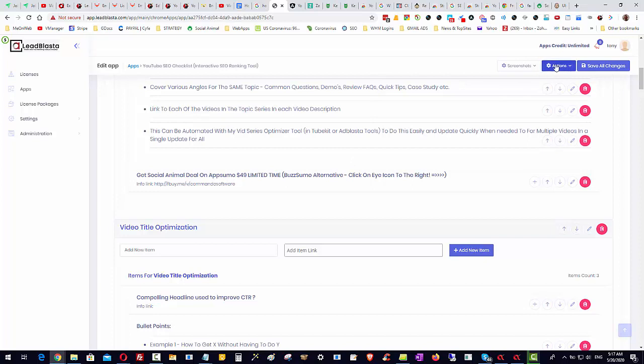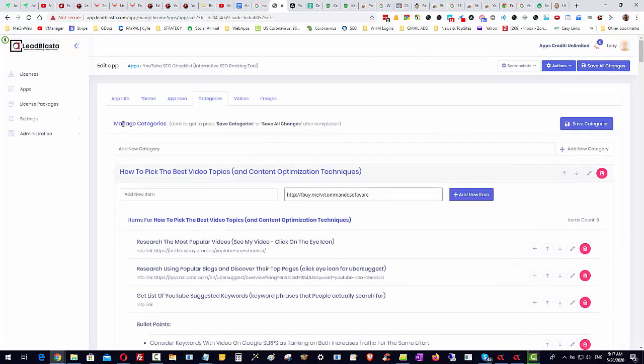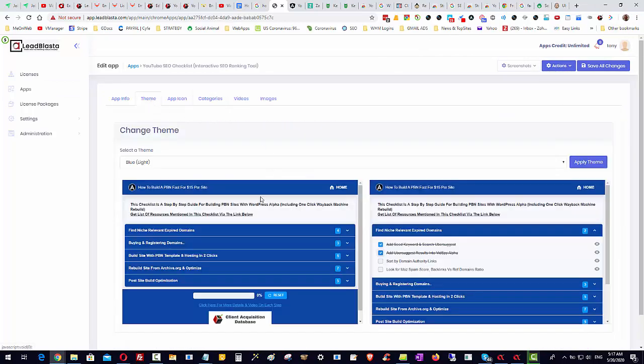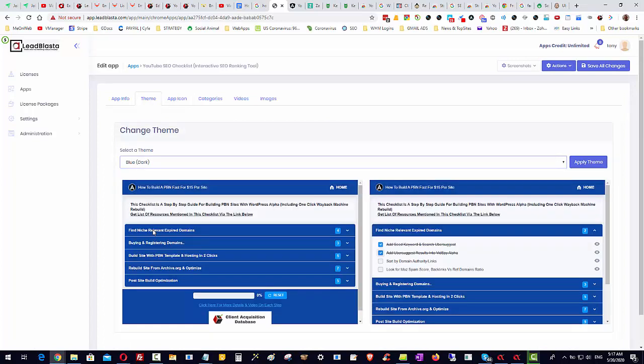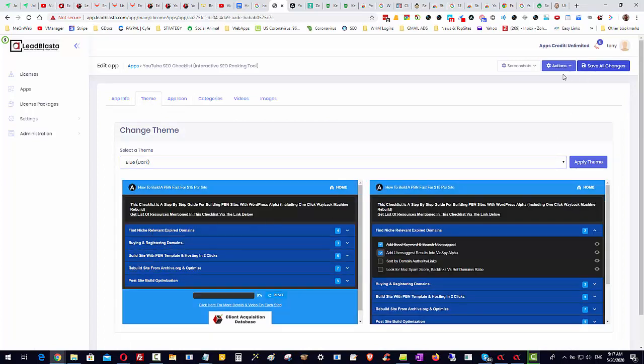Okay, and then all I need to do is push the API update from inside LeadBlasta, and that will update inside the actual Chrome extension. Okay, so everything happens in real time. So you can see my theme here is blue and blue light. If I change it to blue dark, you'll see it's got the black background. If I click on here to apply the theme,